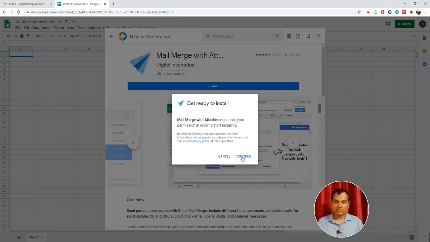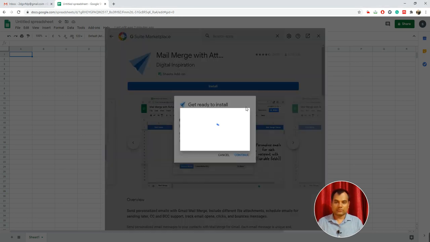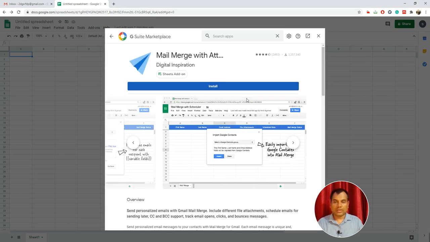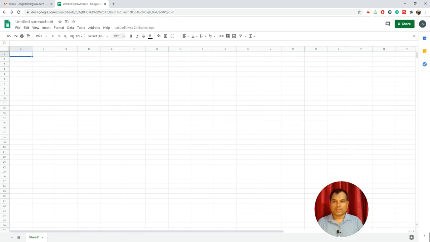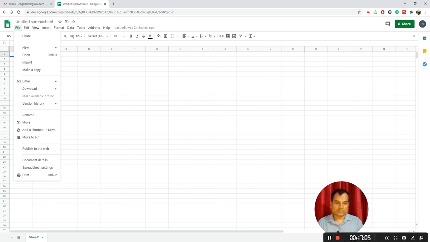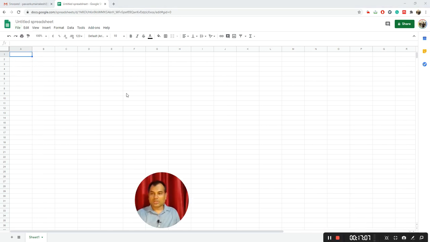Continue. Now it is installed. So I'll close it. You can see here, I installed this Gmail add-on, and in the tabs you can see file, edit, view, insert, format, data, tools, add-on option is there.